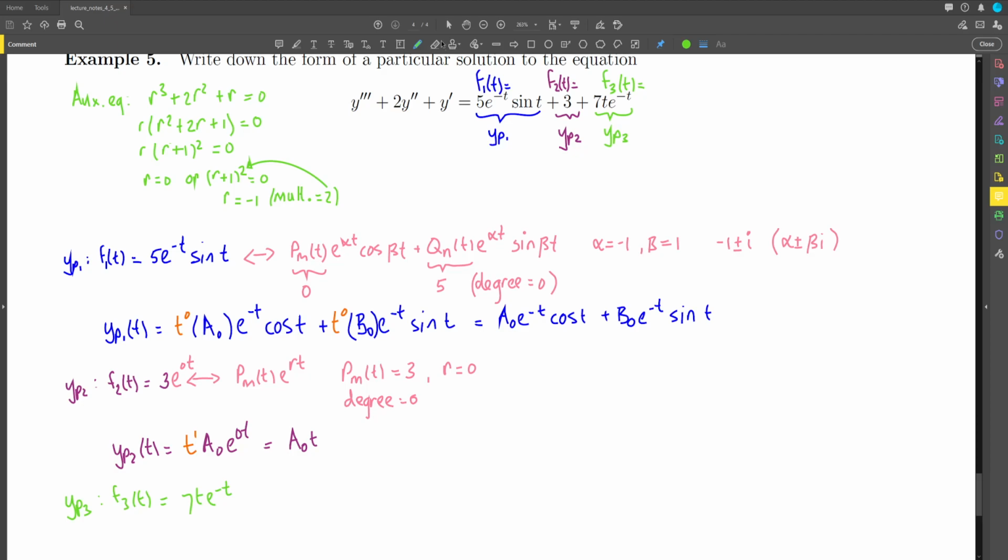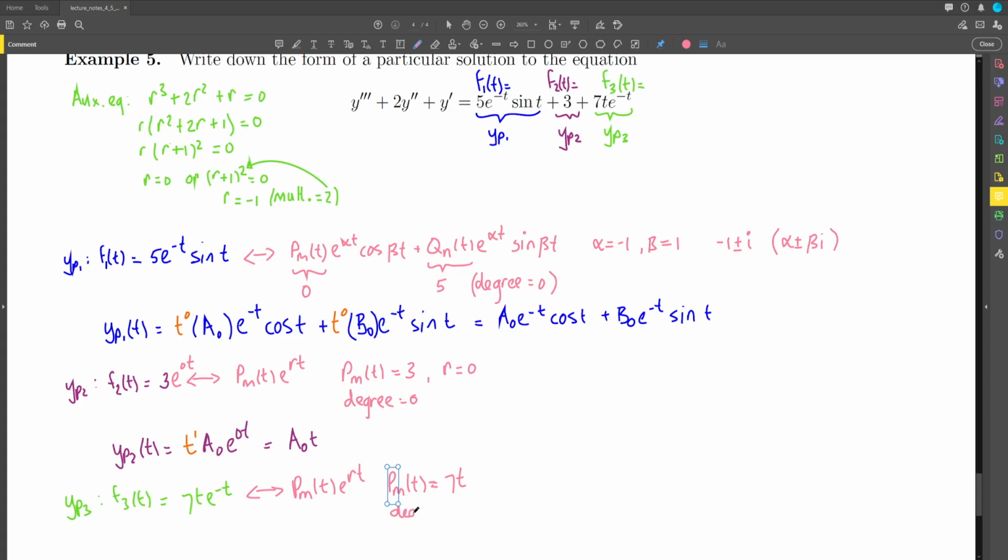Let's compare that with the general form on the right-hand side. So we have to compare this again with Pm of t e to the power rt. So what we see is that the polynomial Pm of t is 7t,